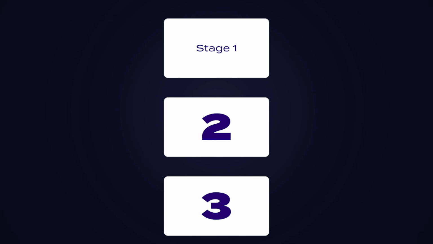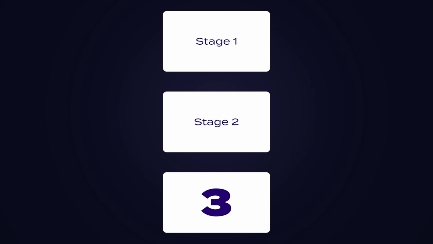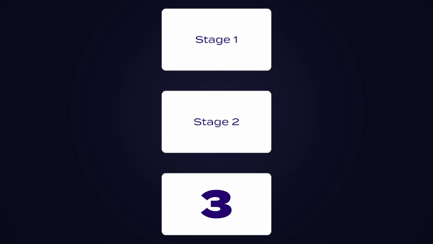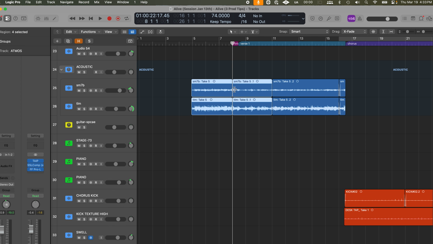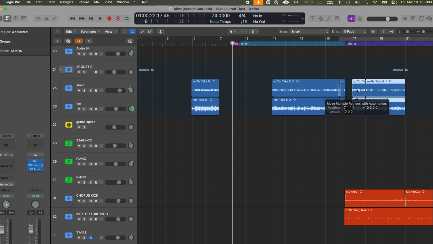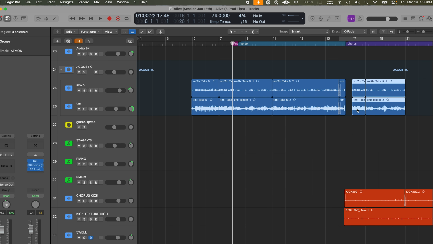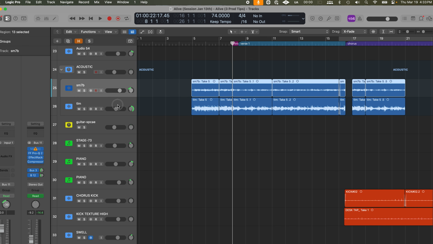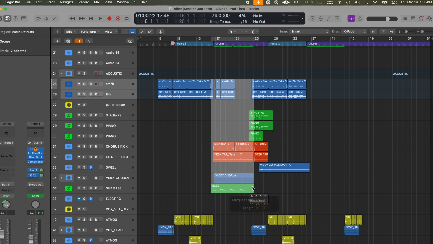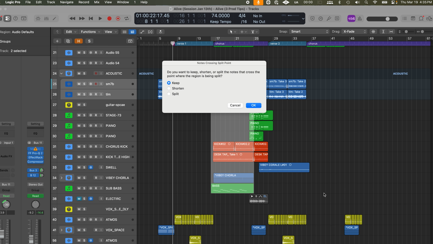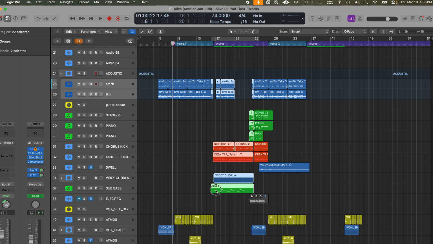So once you stop trying to learn everything, you can actually move on to the next stage. Logic is massive, but most producers only use a very small part of it. You really just need to learn a few core skills to build really great tracks. Things like cutting regions, copying sections, moving things in time, using the grid, and basic volume balance on your tracks.